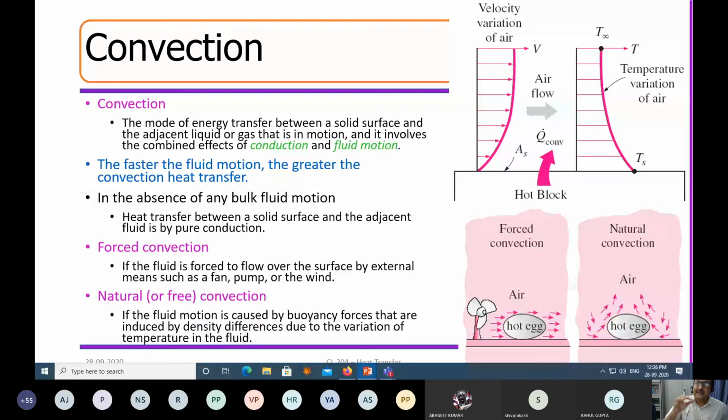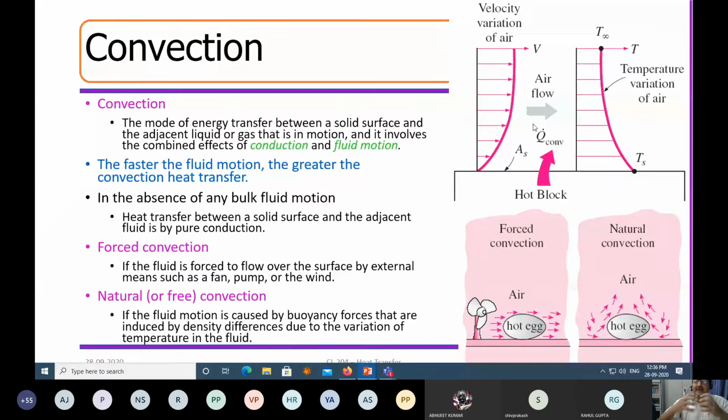So convection is the fluid layer that is adjacent to the solid. Now one question may come: is there any conduction taking place? Yes. Apart from convection, there is also heat conduction through the liquid. So this liquid film, which is sticking to the surface, has two components of heat transfer. One is conduction, which is the normal way heat is transferred in a solid, and the other is convection. Now it appears that this conduction in the fluid is very, very small compared to the convection of the liquid and the conduction of the solid.